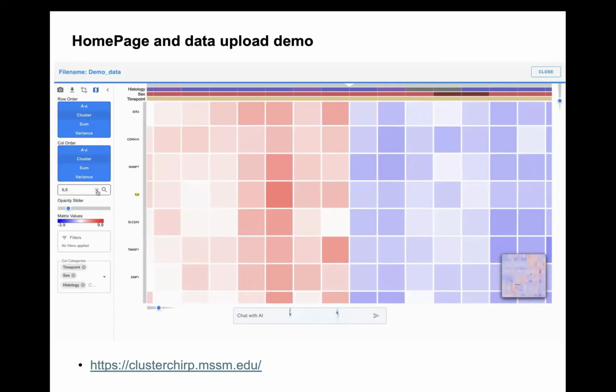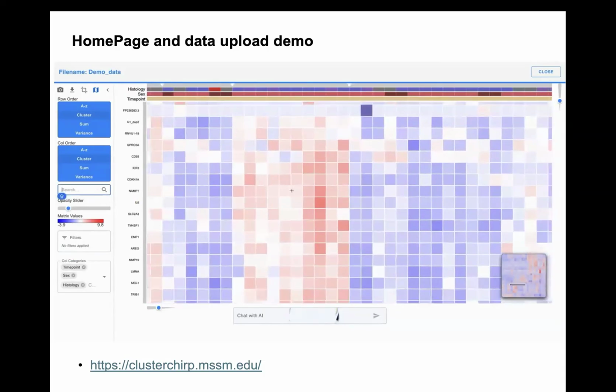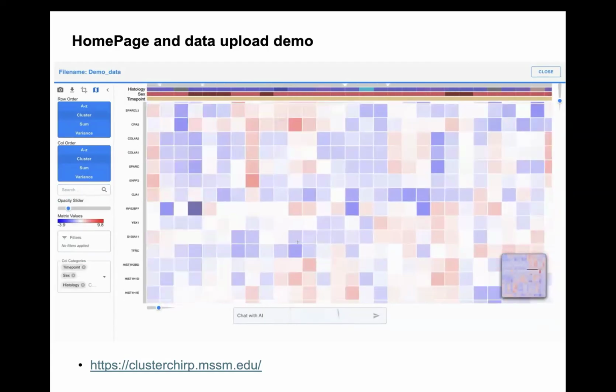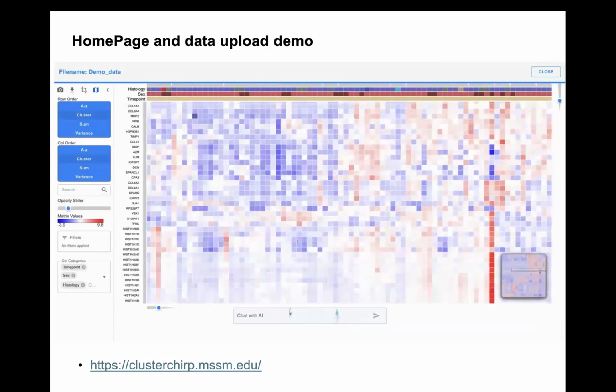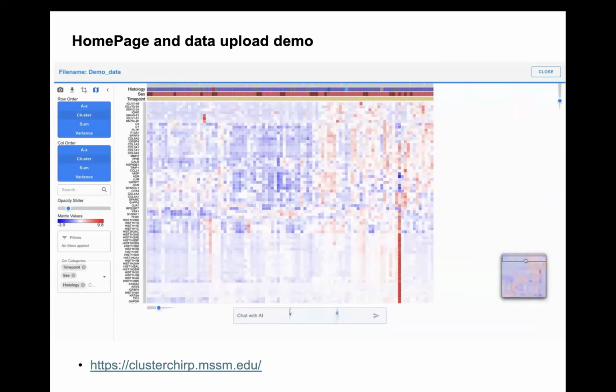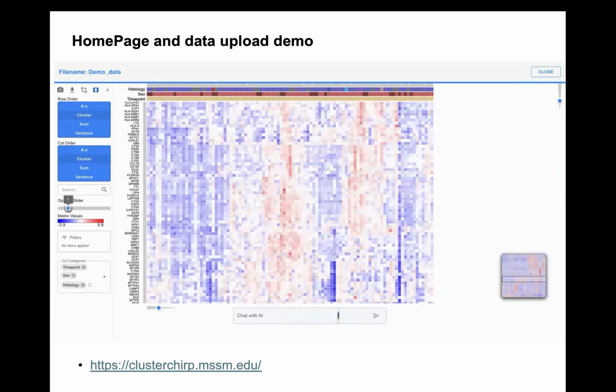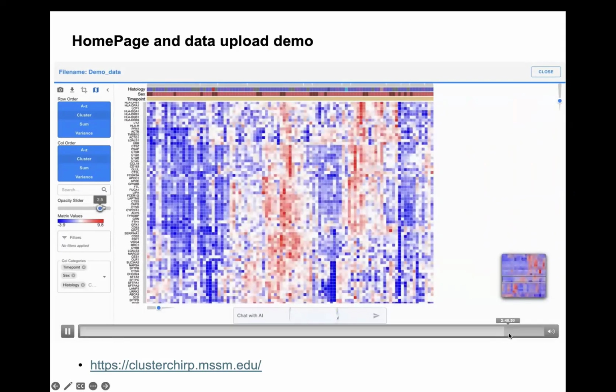And you can search for a specific marker here, IL-6, for example, and then look at all the information around this marker,